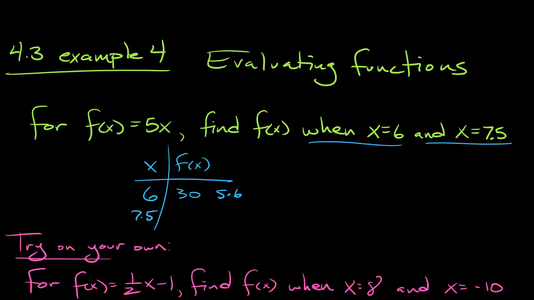If x is 7.5, f of x would be 5 times 7.5, because it's 5 times x. 5 times 7.5, what is that, 35 and 2.5? 37.5, I'm pretty sure. And so these would be your two answers. It's not that the actual problem here was difficult, it was more the setup of the problem is what some